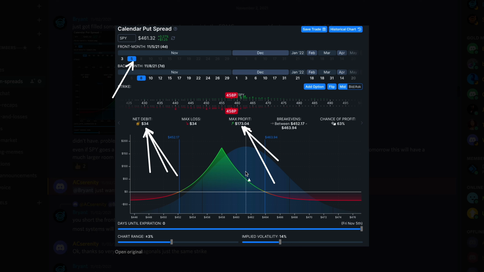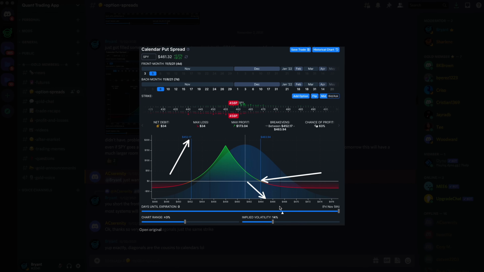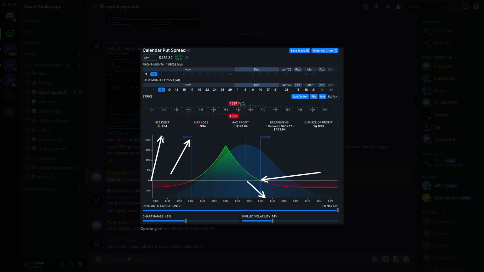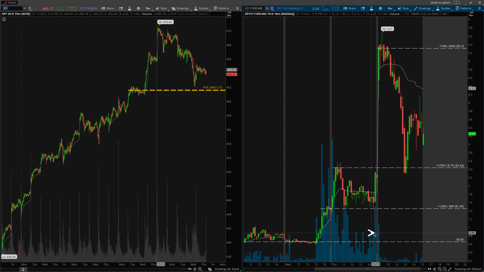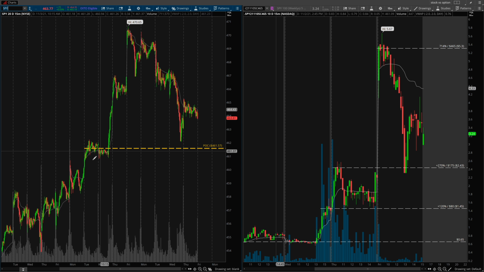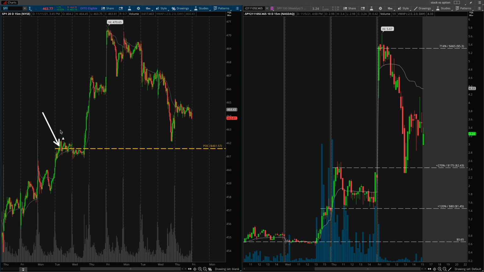That already inherently has a good risk reward, and your room for profitability is all the way from 452 on the SPY to as high as 463. Now, what did we say? 465 was a possible level for the SPY to go. So if we have $100 in this spread and we're looking at a call option that's going for $65, imagine buying one of these, because you're telling yourself, hey, if the market did squeeze, because there are so many bears piling into this expecting a pullback, we have a good strike selection on our calendar spread because we